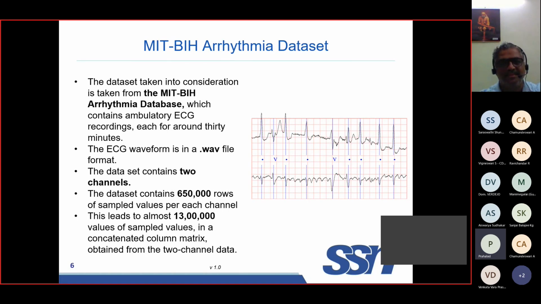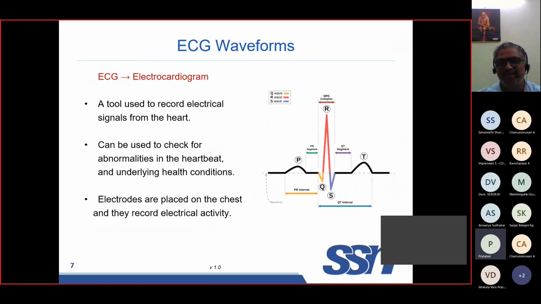It's a stereo wave file, meaning it contains two channels. The record that we've taken contains 650,000 rows of amplitude values, and there are two columns of that, so it leads to almost 13 lakh values in all. Before I talk about encrypting or even optimizing the process of encryption, I'd like to talk about the overall structure